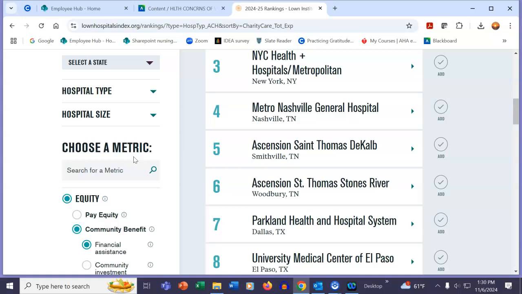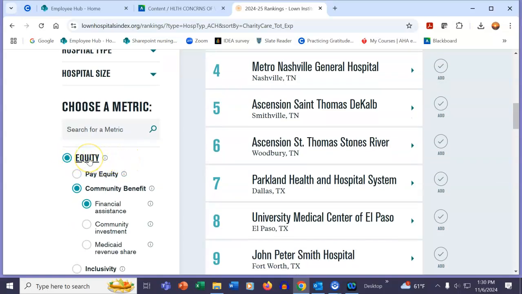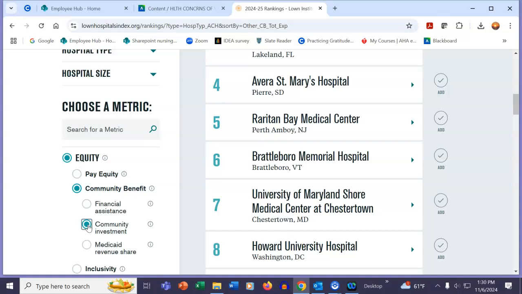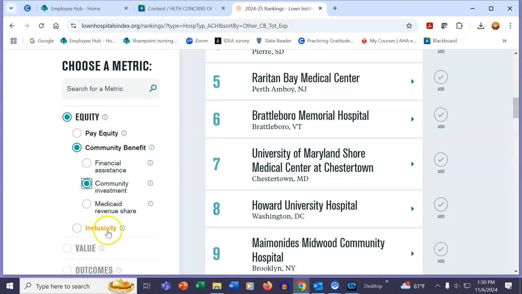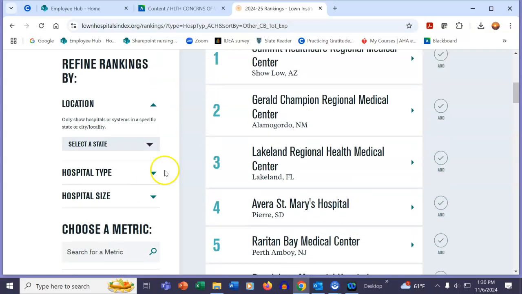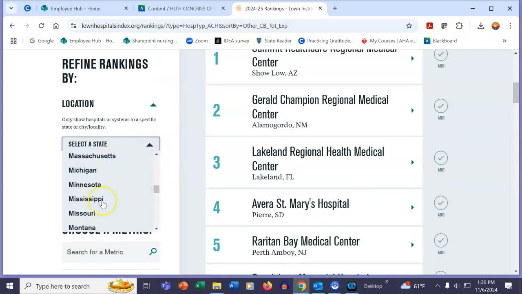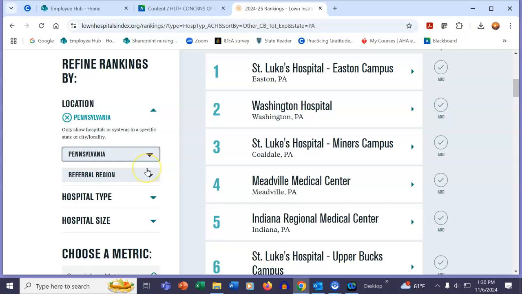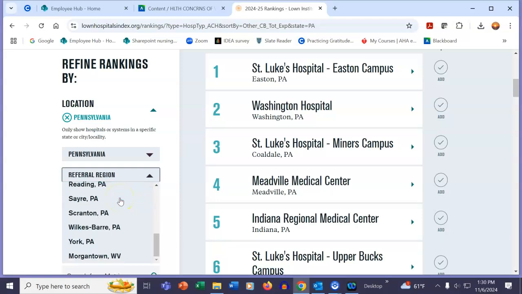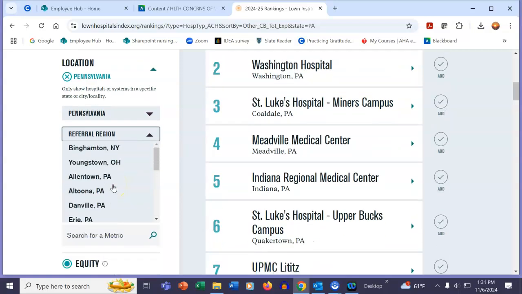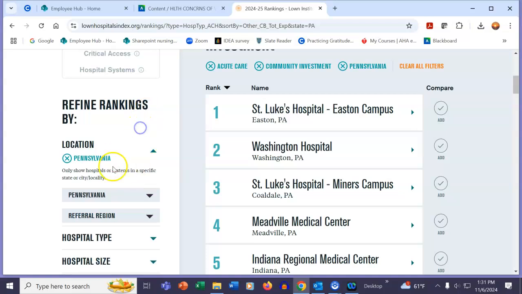And I thought this was really important because you can choose the equity metric and either pay equity if you're interested in that, but I was looking at community benefit and I'm looking at the community investment. But maybe you can change things and look at inclusivity as well. So I want to go back to Pennsylvania, and you can do the same as you're on here. And I wanted to look at, well, we could just go for Erie, Pennsylvania, or let's just keep it at